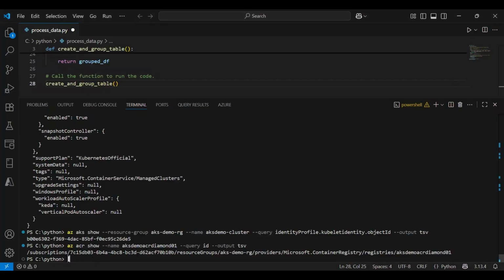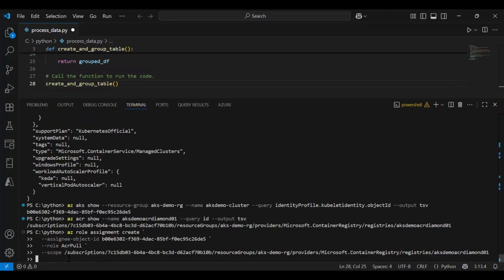Okay, there. So this is how I'm modifying it. So role assignment create, then assign the object ID, and then role ACR pull, then the registry ID. Okay. Now, sorry, query ID. Okay. So now if I go ahead and execute,